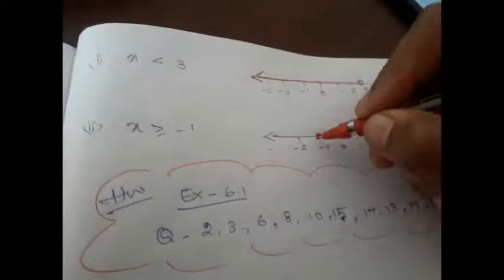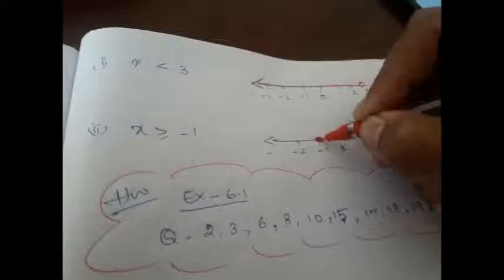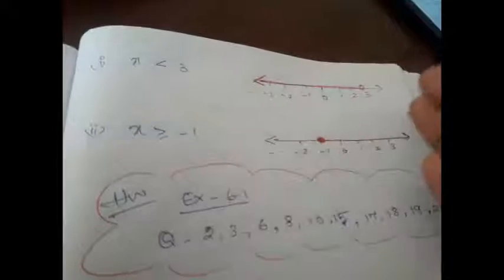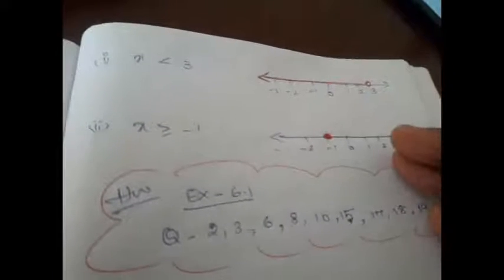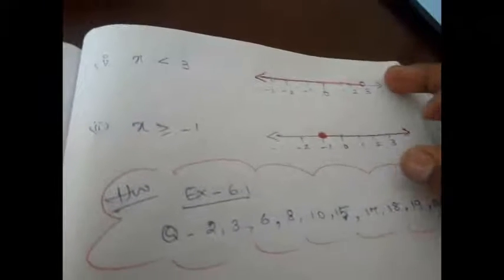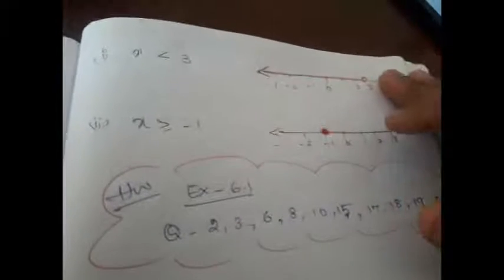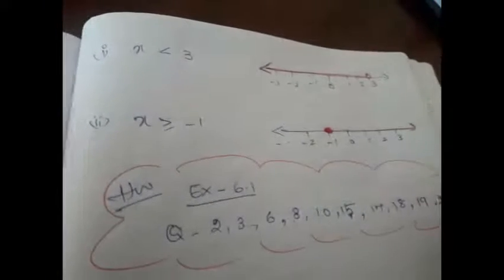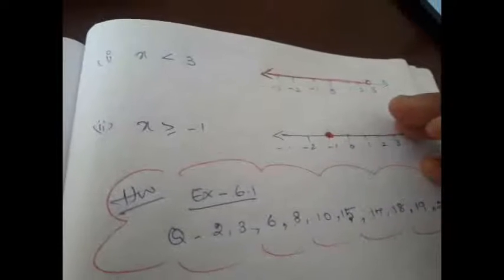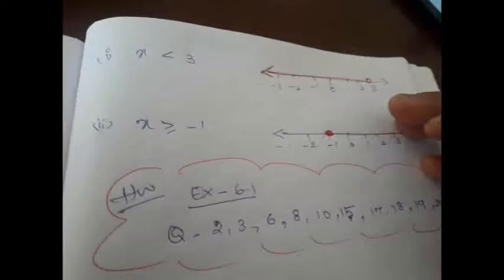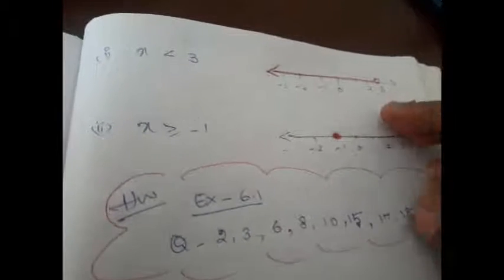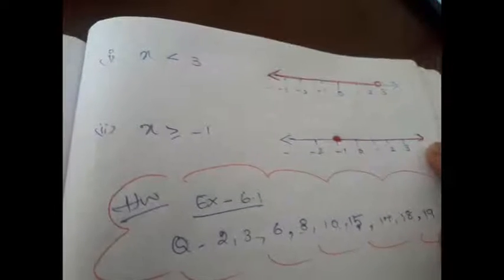If it is equal to, then you have to shade the circle completely, and whether it is going to be the left side or right side, accordingly you have to draw a dark line. Right, this is how you should express the solution set on the graph of a number line. Otherwise the solving procedure is the same. If you see questions 17 to 20 in your textbook, they ask you to solve the inequalities and show the graph of the solution in each case on the number line.